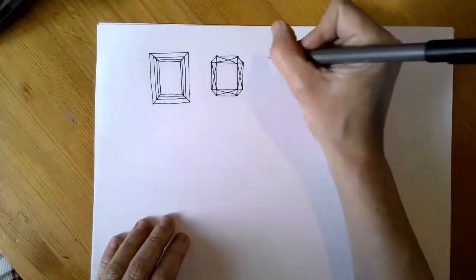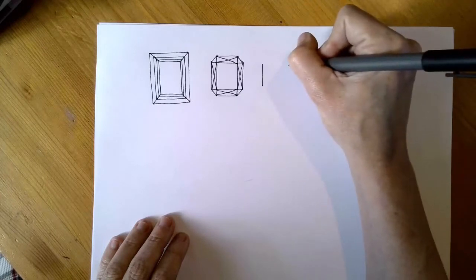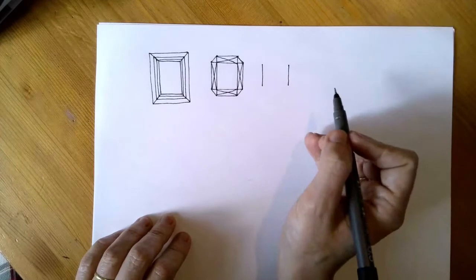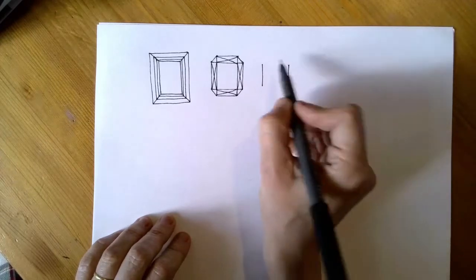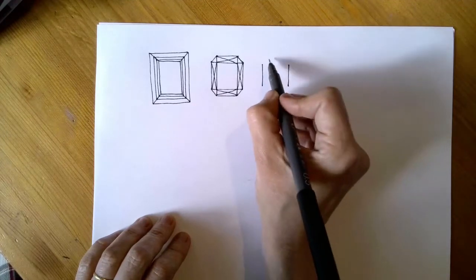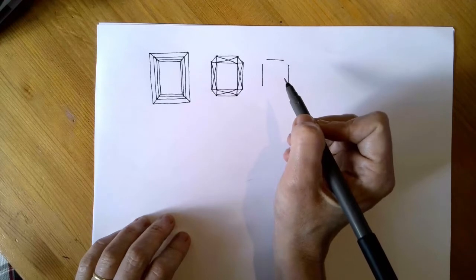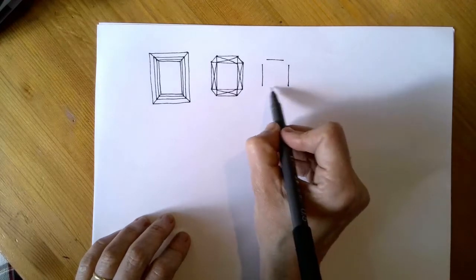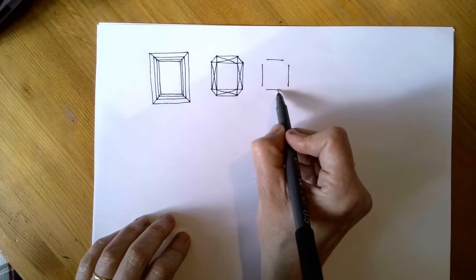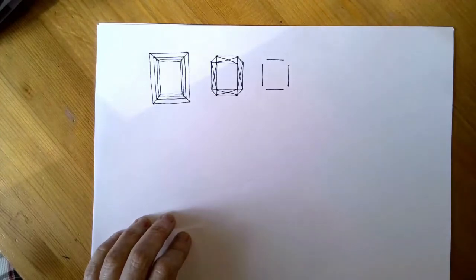Now, let's talk about the shape where you leave it open. So instead of making a square, instead of making this line, I'm going to make a shorter version of this line, and I'm going to leave it up here. And instead of closing this up, I'm going to make a shorter version of this line, and I'm going to put it down here. This is the setup